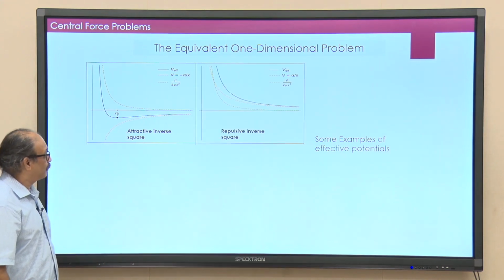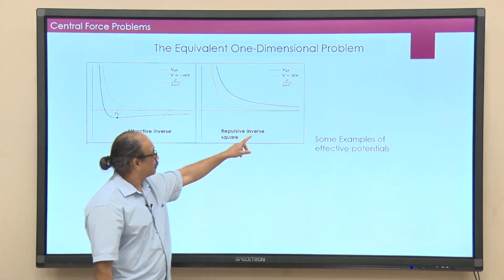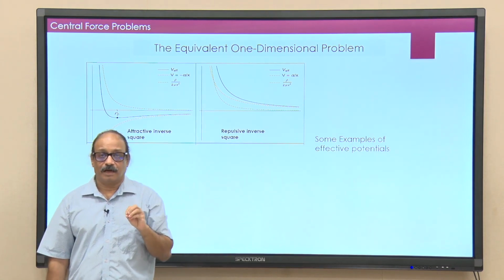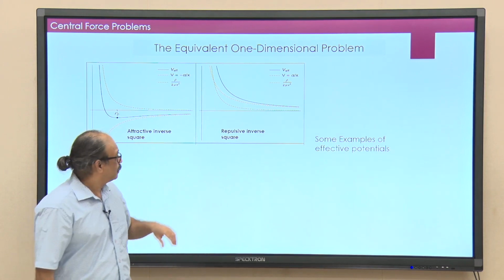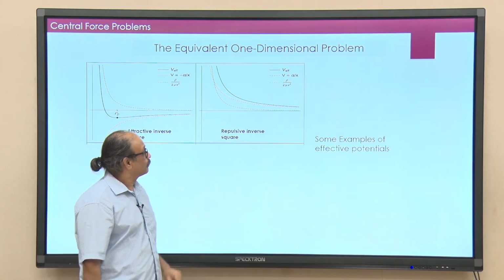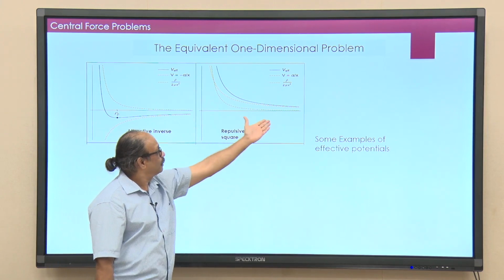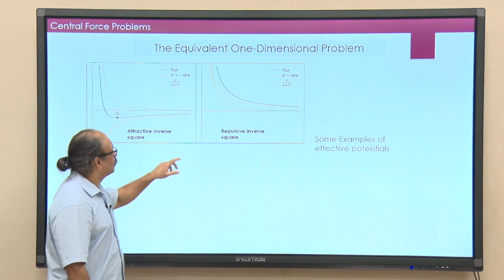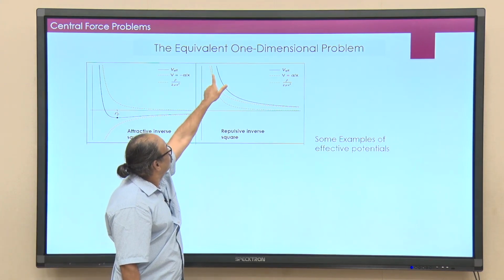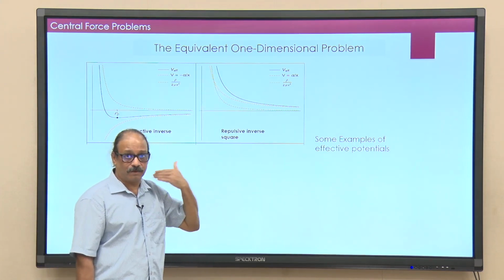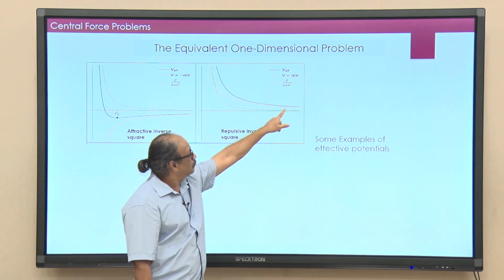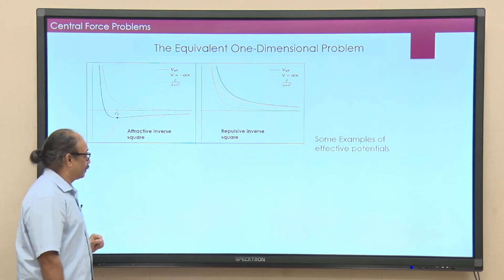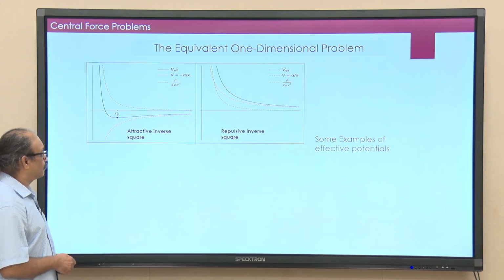What would happen if I have a repulsive inverse square potential? Now, of course, both the curves are, one is 1 over r square, the other one is 1 over r. So, when you add them, you simply get this curve which is the sum of the two. Remember here too, the 1 over r square term dominates near 0 and the 1 over r term dominates near r equal to infinity. So, that you have to remember. Here is one more example.